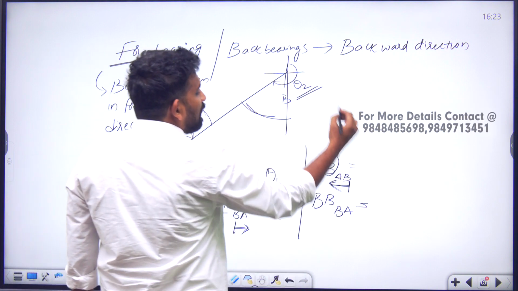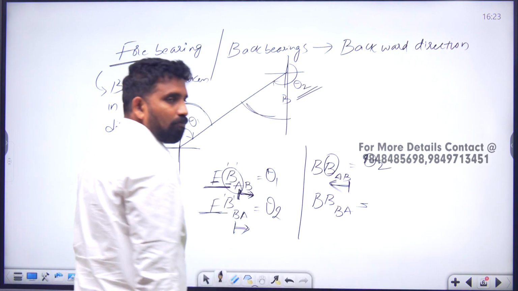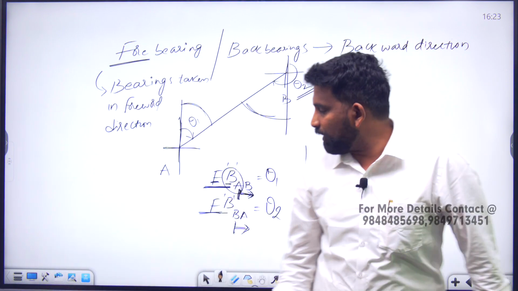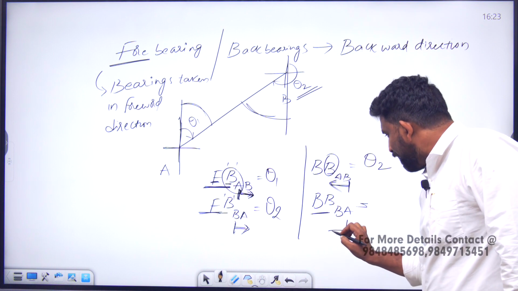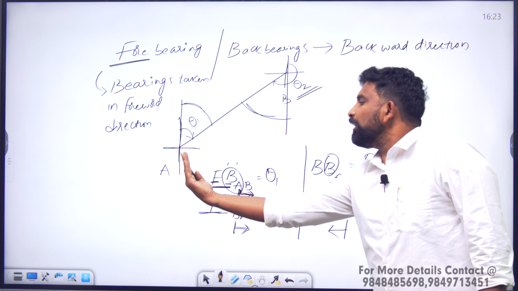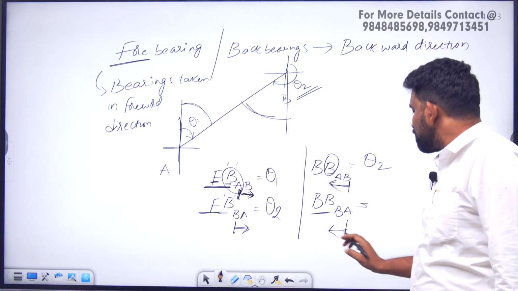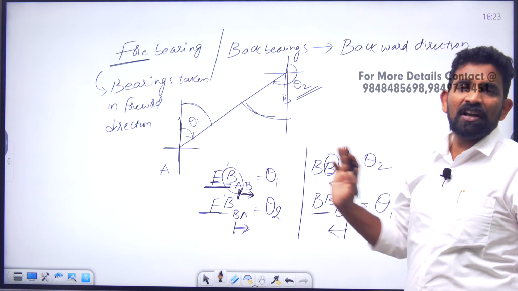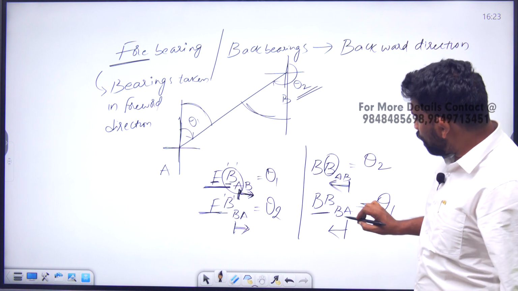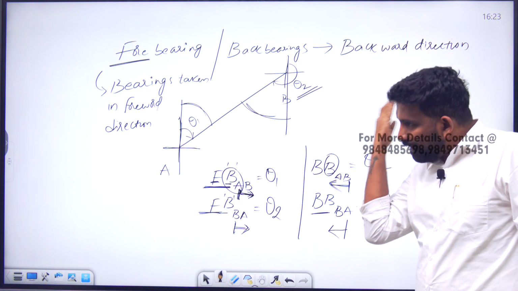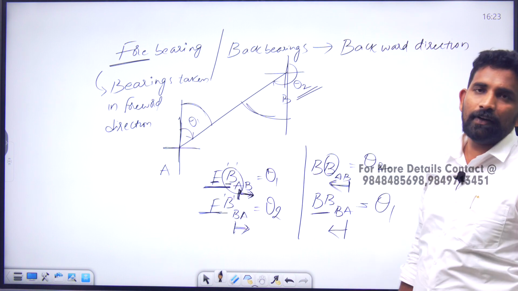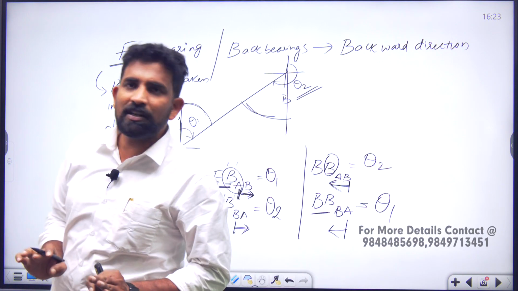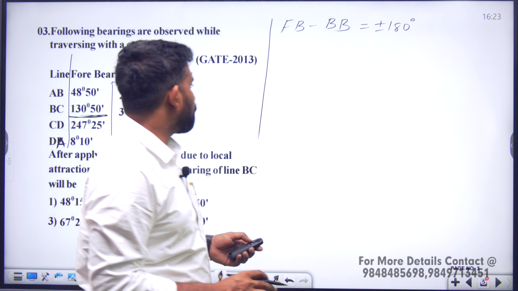Now what is the angle at B? The angle at B is nothing but theta 2. Very simple. And here also it is the backward direction. From A the bearing will be calculated towards B. From A it is coming in the reverse direction, so the angle that we are carrying here is theta 1. Now I am at B. A is coming towards B with some bearing, and that bearing is nothing but theta 1. So in this manner, without using any formulas, we can easily find the forebearings and back bearings. Now let us get into the question.